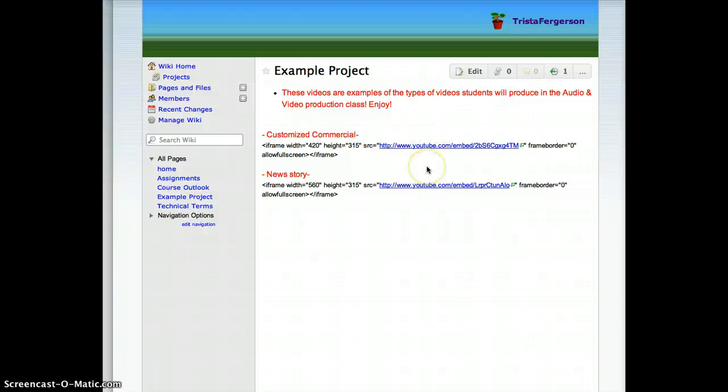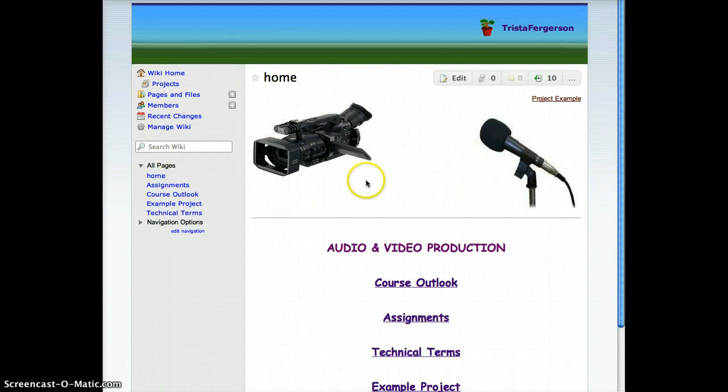Both of them are a little bit long, so I'm not going to play them on here, but if you'd like to see them, they're both really excellent videos that were produced by the students. So take a look at those if you're interested. I'm going to go back to the home page here and just kind of walk through some of the things that I did when I was making this